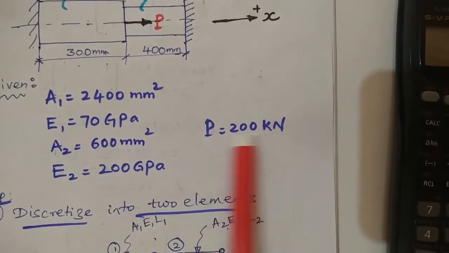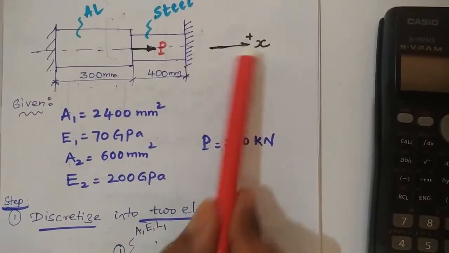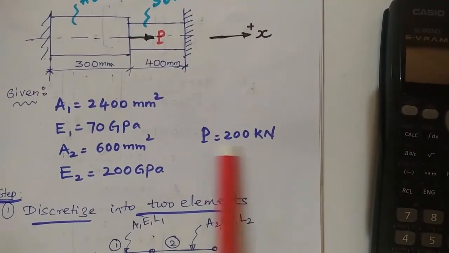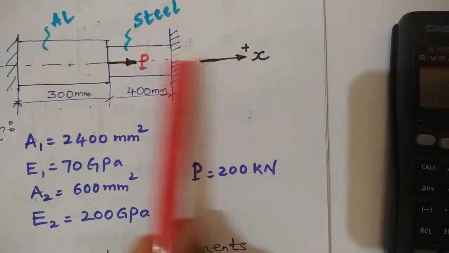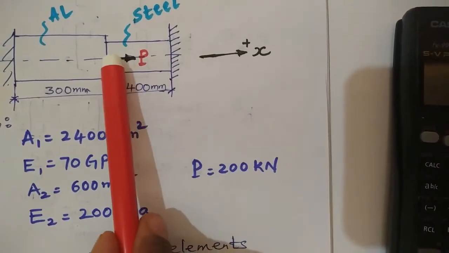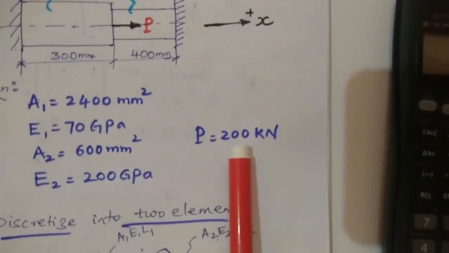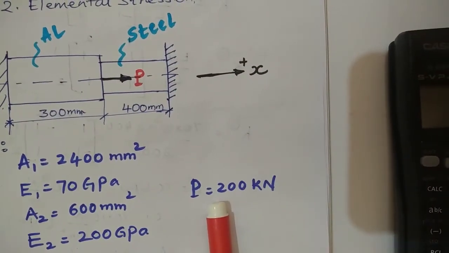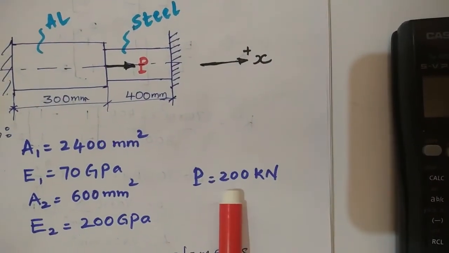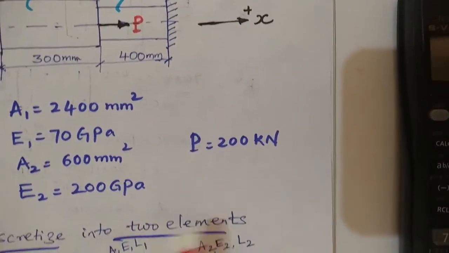The magnitude of the load is given. What is applied in the positive x direction is 200 kilonewton. Have a look into it. So the same direction it is applied. So at the end of the day, in the load calculation, you need to apply plus value of this 200. If the load is given in the other direction, we should have taken minus. And this is a point load, mind you. So you need to appropriately substitute the load vector in the later stage.